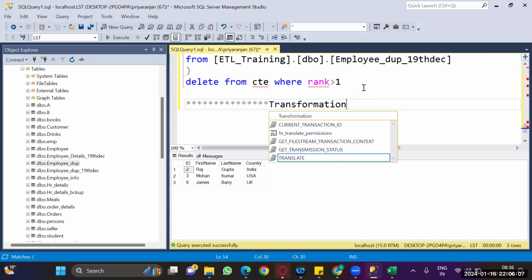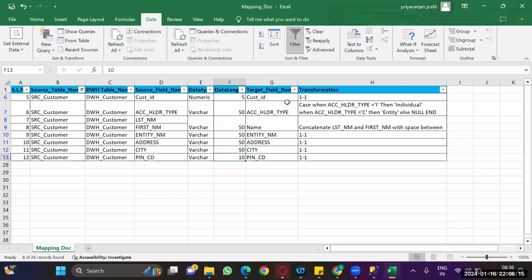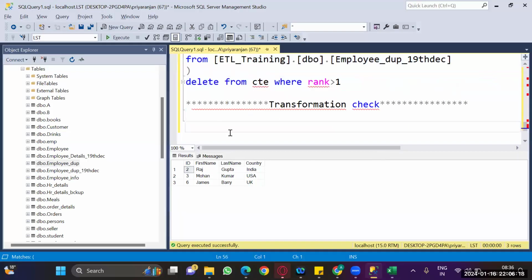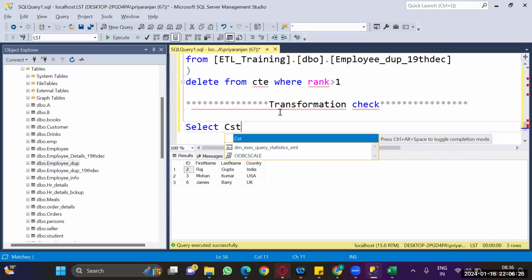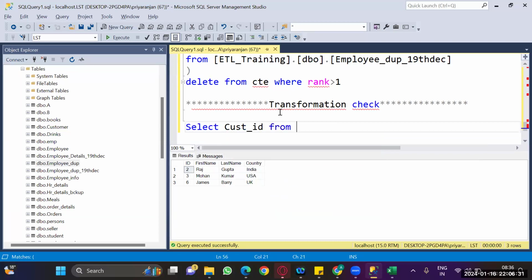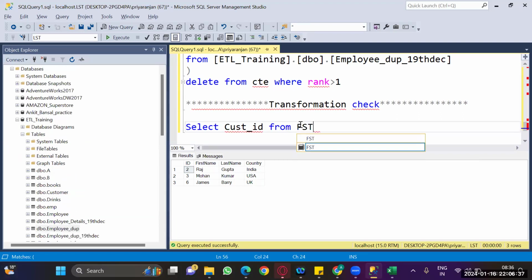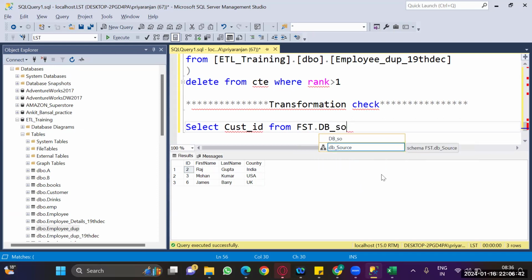Transformation check. We need to do the transformation check for all the columns present in the table. So for cost ID, it is 1 to 1, but still we need to validate whether the cost ID column is matching or not. So what we'll do: select cost_ID from, which table? From FST, my source table, DB_source.customer_staging,